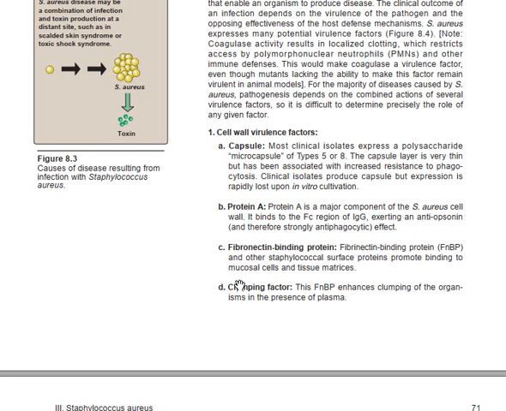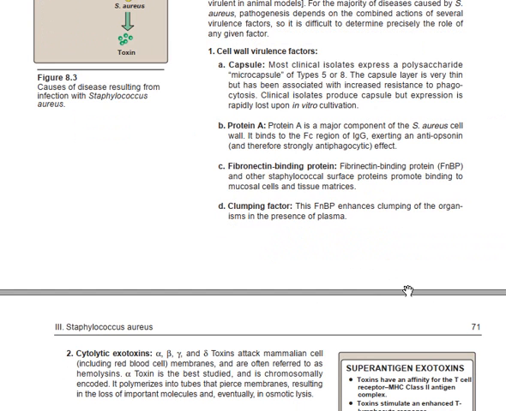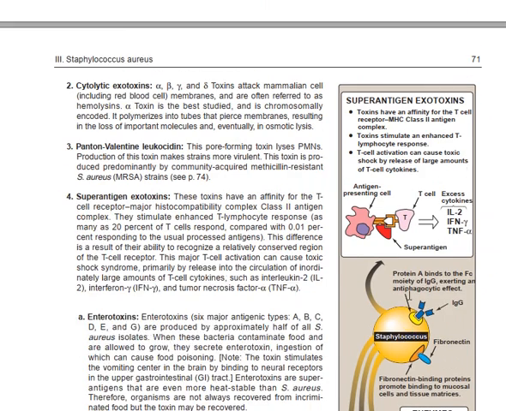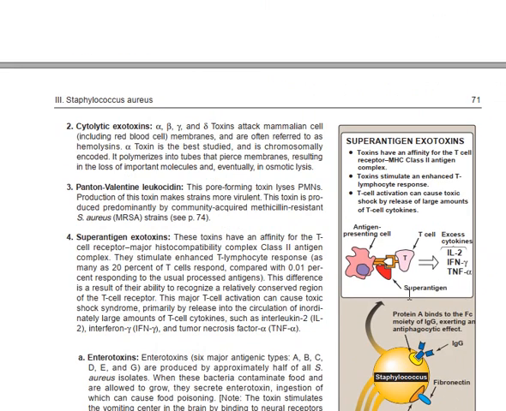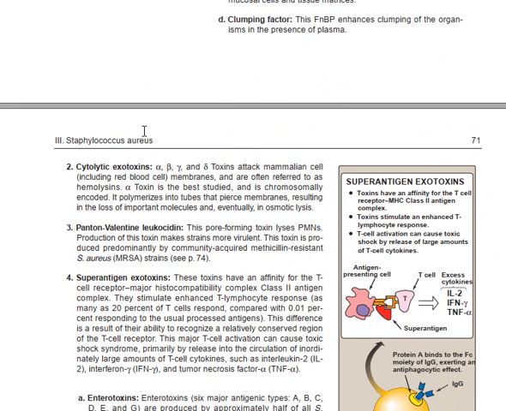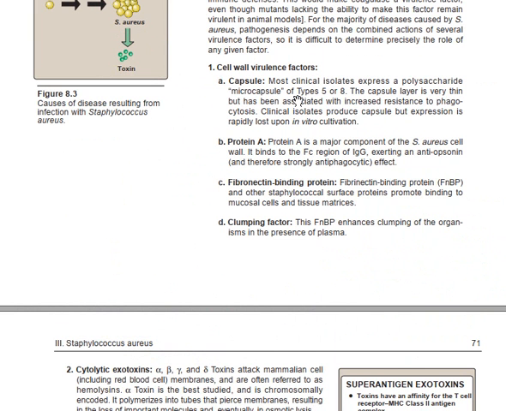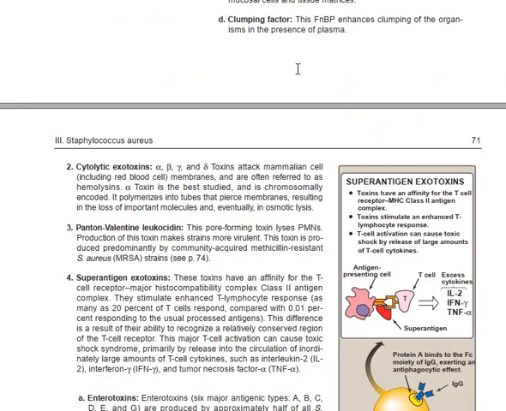Is it clear? We have the next one, the clumping factor. The clumping factor is a fibronectin binding protein that enhances the clumping of the organism. Is it clear? So it enhances the clumping of the organism in the presence of plasma. Now, after knowing these cell wall virulence factors, we have other factors of Staphylococcus aureus, such as